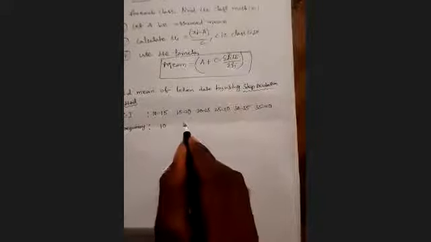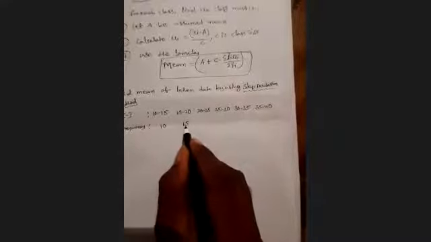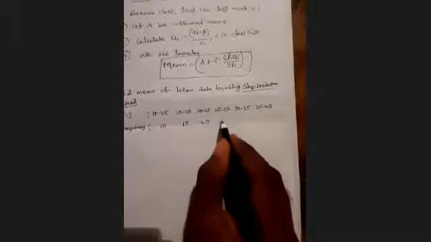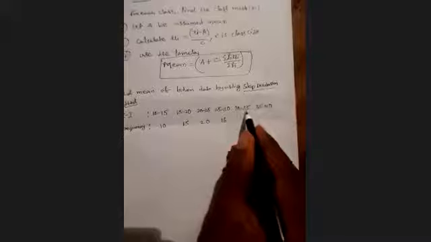What is the frequency for 10 to 15 class interval? They're given 10. And what is the frequency for 15 to 20? Given 15. This is the question only, not answer. This is given in the question. I am writing the question. And here given 20. And for 25 to 30 is given 16. And 30 to 35 is given 15. And for the last class interval, the frequency is given 5. So like this, the question will be given.